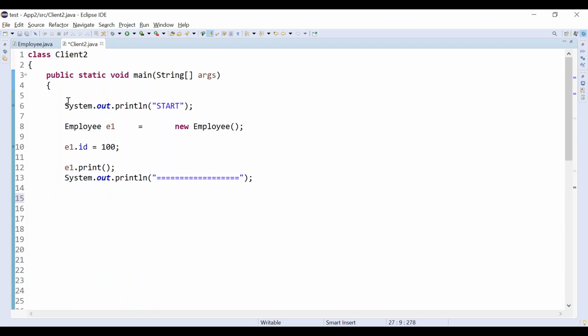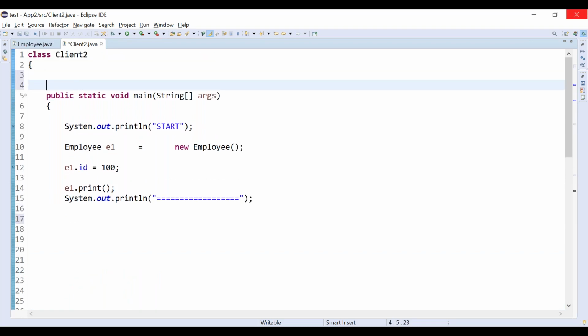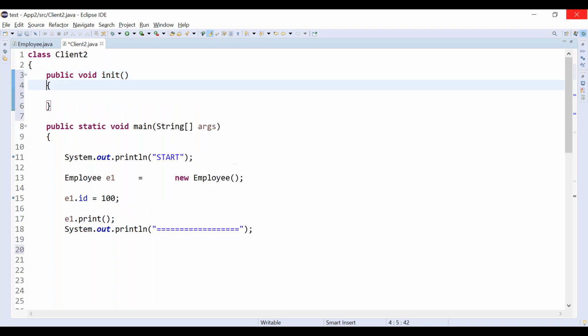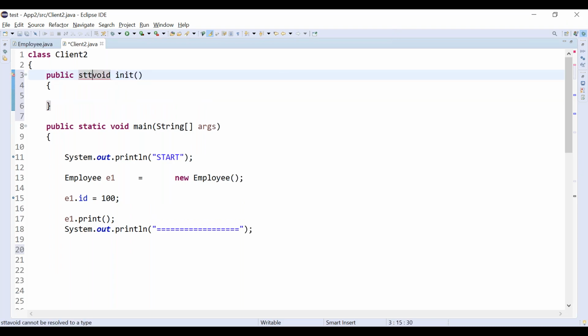Apart from the main method, you are having one more method, that method is public void init, correct? It's an init method. Consider it is a static method, public void init.